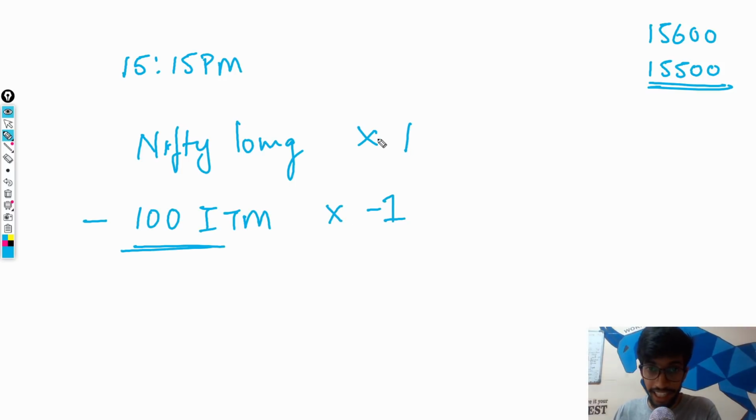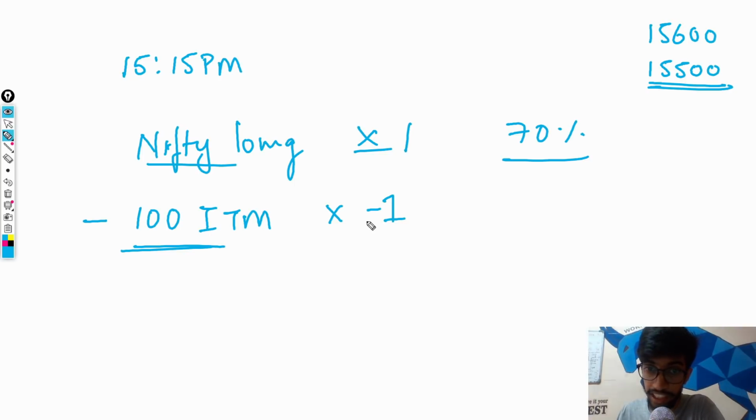Now I will tell you the logic behind this. Why did we go long on Nifty, and why are we shorting 100 points in the money but not out of the money? The idea behind this is very simple. I don't even have to tell you why we are going long in Nifty, because it's pretty obvious. Most of the days Nifty has opened positive. 70% of the days Nifty is usually opening positive, which is almost the reason why you will be going long in Nifty.